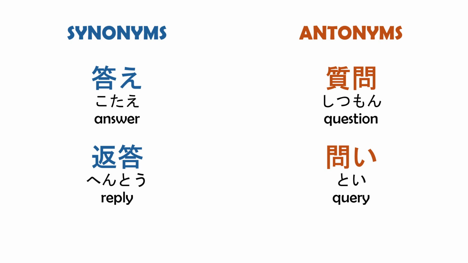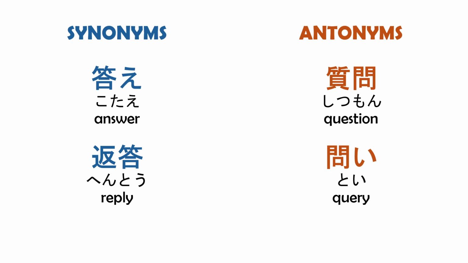Kotae is the everyday word for an answer or solution and is more casual than kaito. It is often used in conversation and for simple factual answers. Hento is closer in formality to kaito and is used for replies, especially written or business responses, emphasizing the act